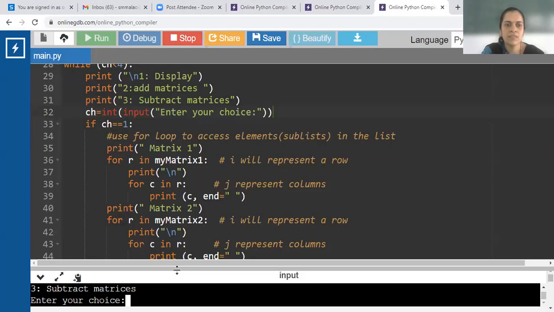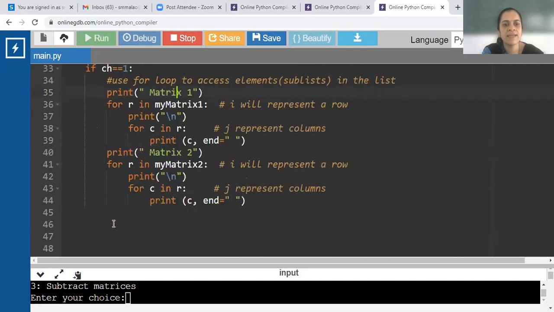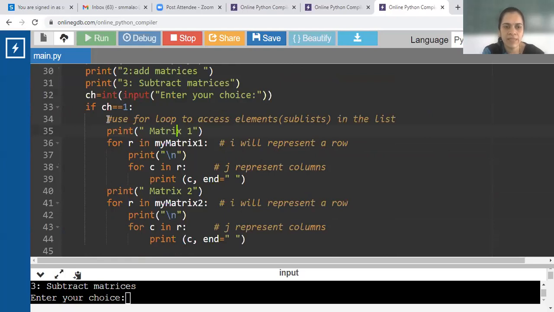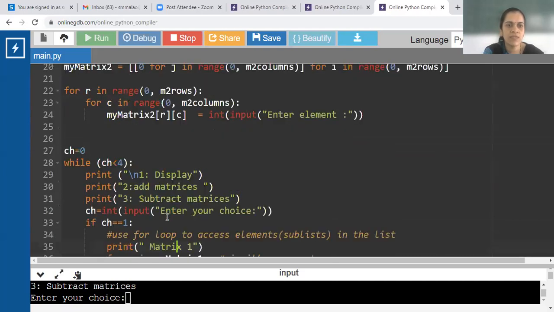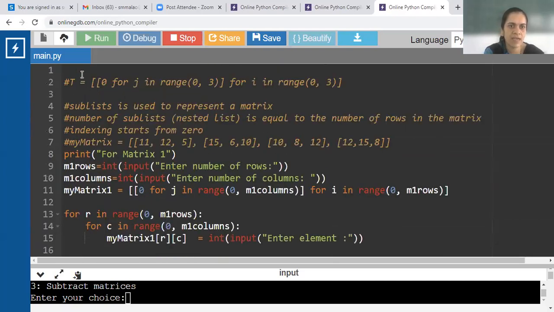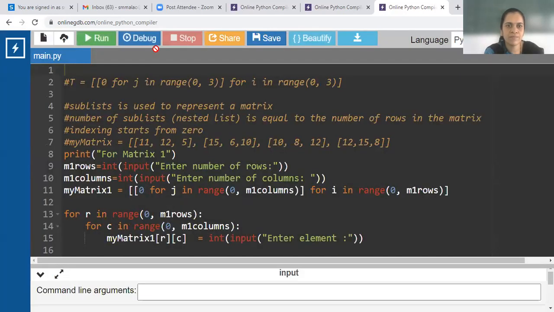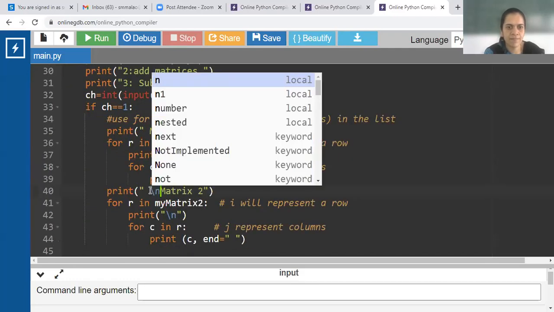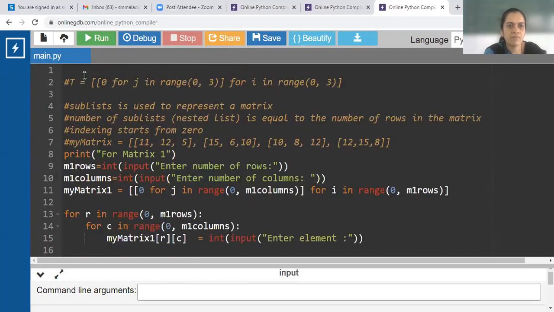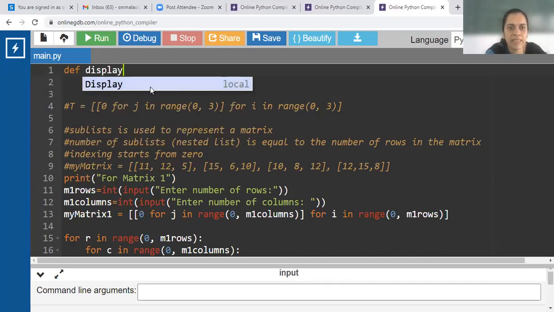Now to do some more advanced programming, we can write functions to display a matrix, to add matrices, to subtract matrices. So let us write a function for it at the beginning of the program and do modifications to the program. So how to write a function? Do you recall? Define the name of the function, display.